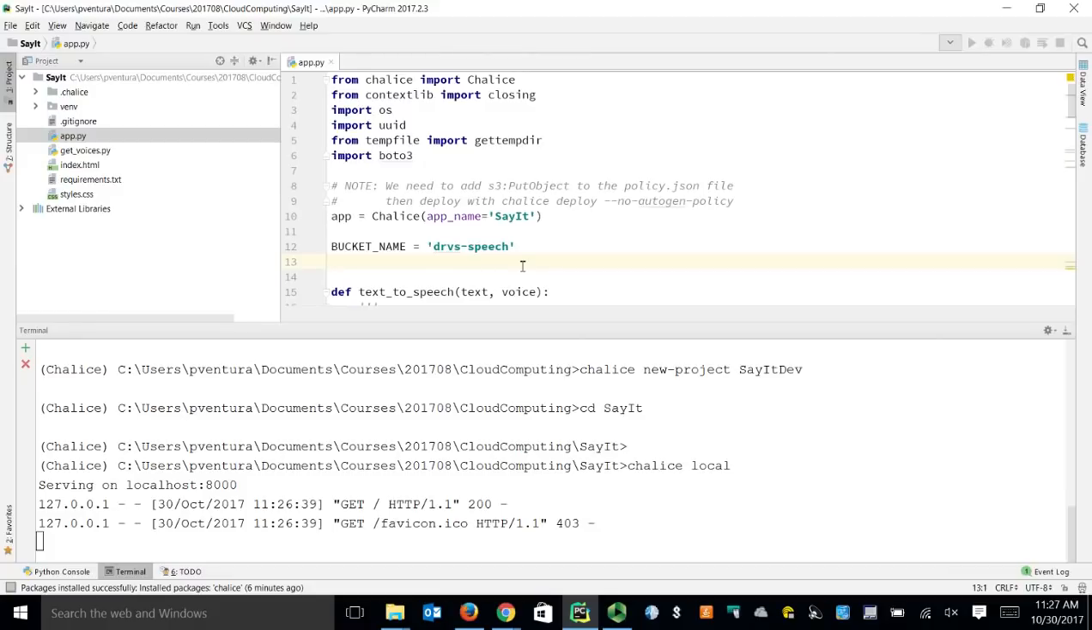Is that font too small? Yes, no, maybe. It's fine. It's fine? Okay. All right. So